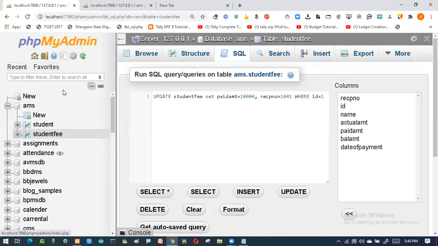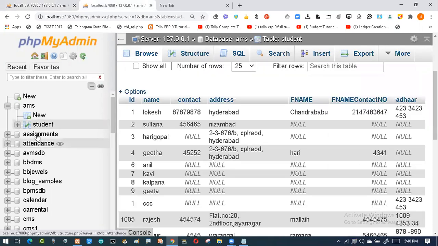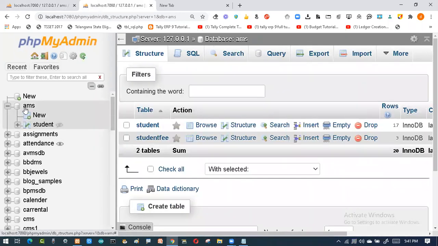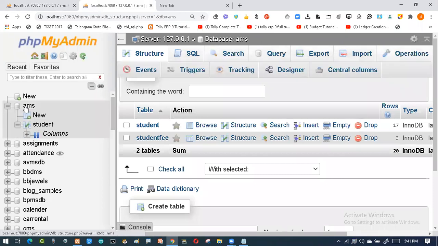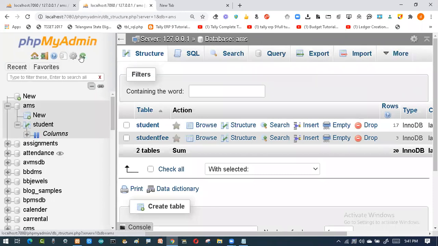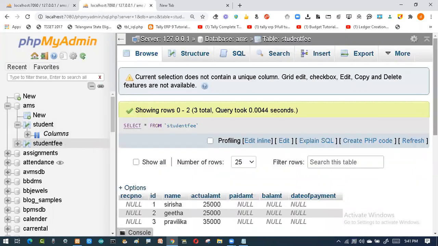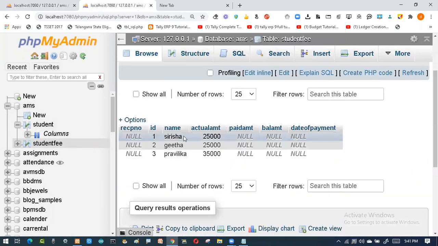So if you go to the student field just to check it, to whom you want to do, you can type the name, or you can go with the roll number. So with the help of the roll number, I want to give the receipt and take the amount of this person: paid amount, how much you are paying, and the receipt, to whom you are giving, to the first person.